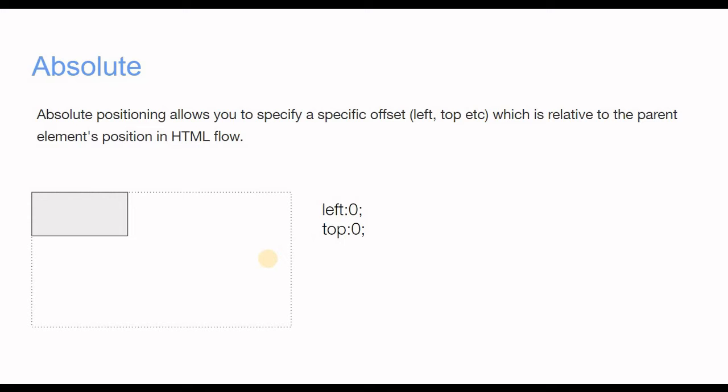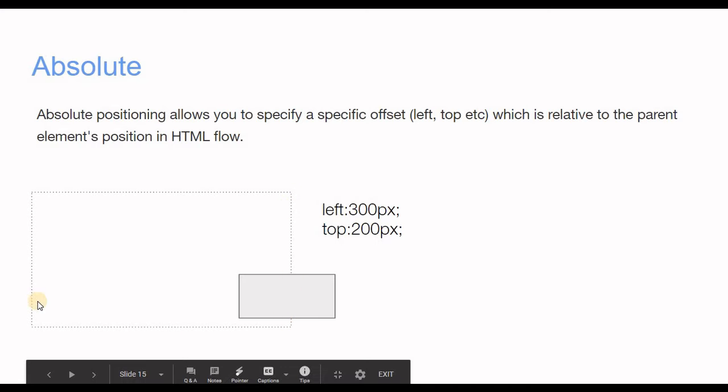If the parent element's position is relative, then the top or left value will be calculated from the parent HTML element's position. Like if I provide some values like 300 pixel left and top of 200 pixel, and let's assume the width of this container is like 250 pixel, then you will have this kind of scenario.